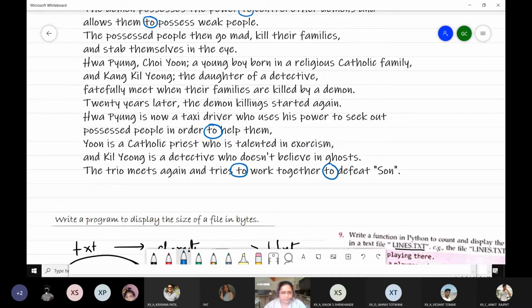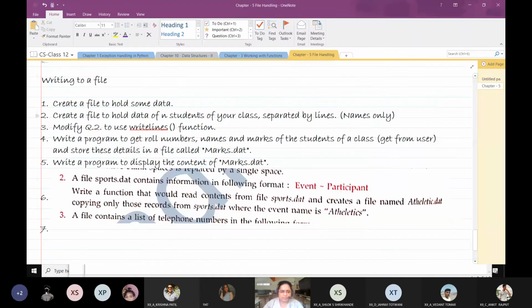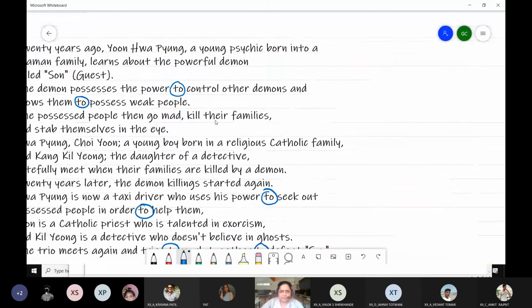Does it make 6 words? 1, 2, 3, 4, 5, and one more two word I'm missing somewhere. Yes, this one. So this makes 6 two words. I am totally clueless over here whether you are able to understand or not.